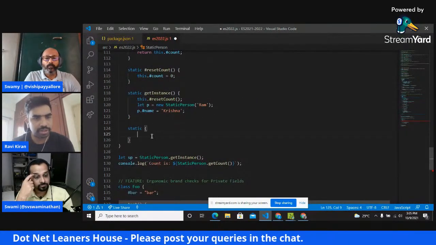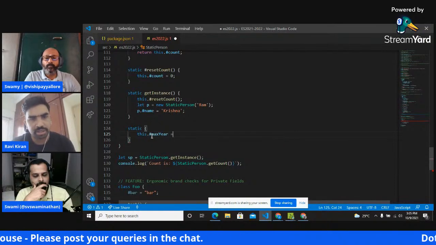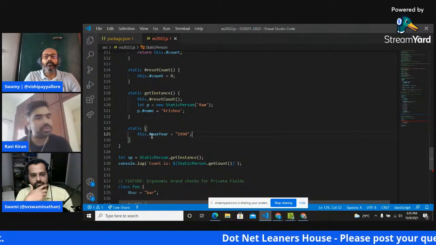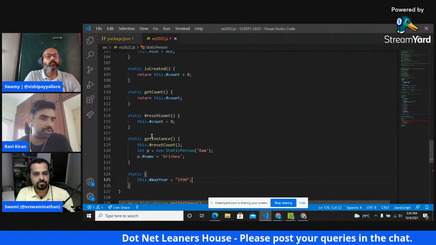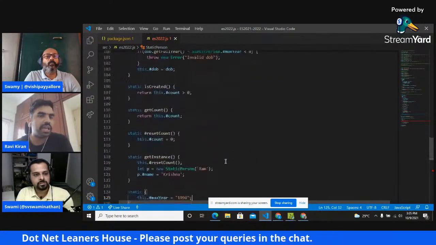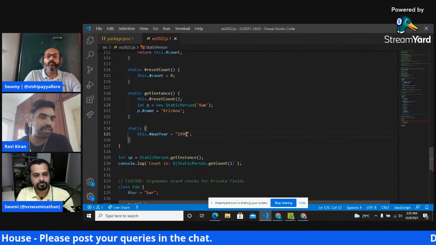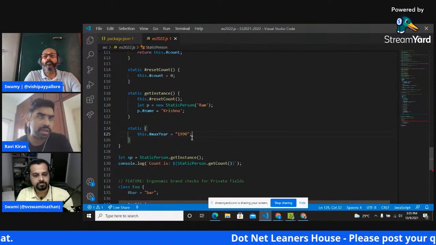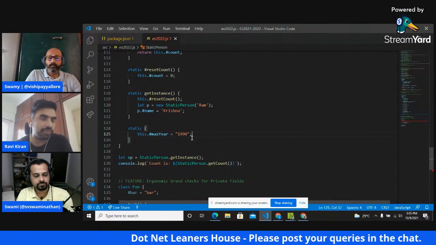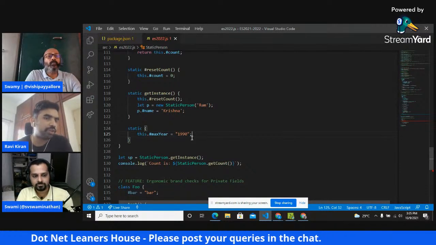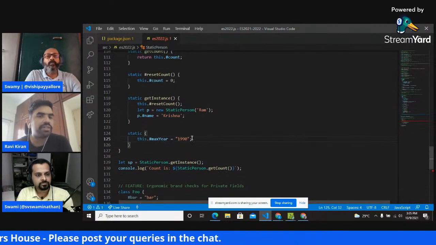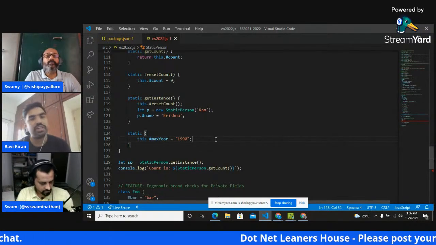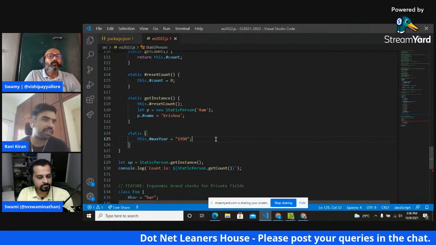So I'm going to say this dot hash max is, for example, 1990. It means whatever person object I create using this static person class has to have a date of birth of 1990 or before, since this is max. So I cannot have a DOB of 1991 or later. Although I wrote a simple assignment here, you can do basically anything here. If you want to perform some calculation and then assign a value, you can do that.